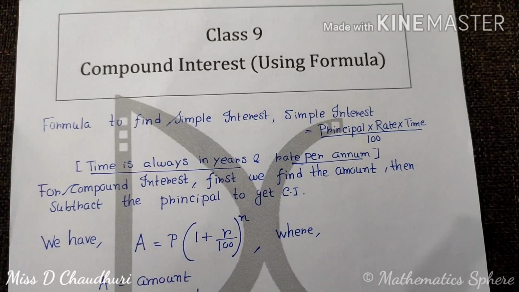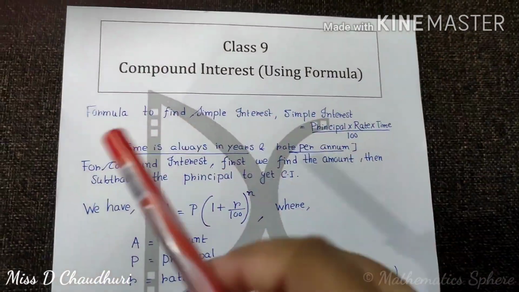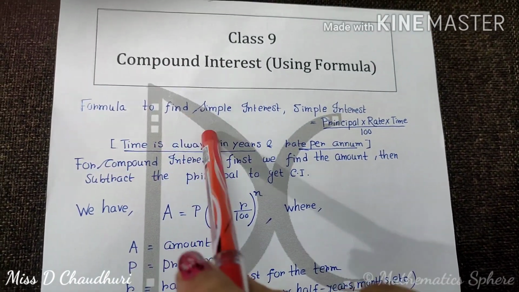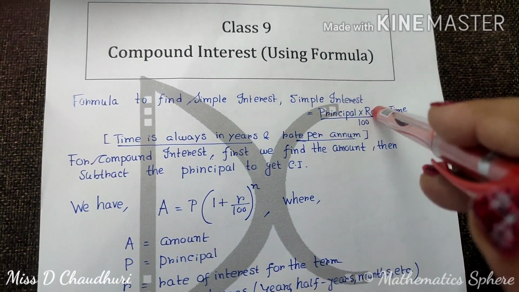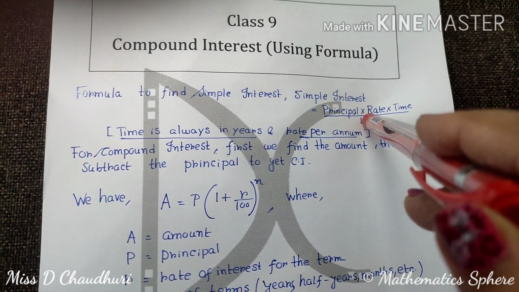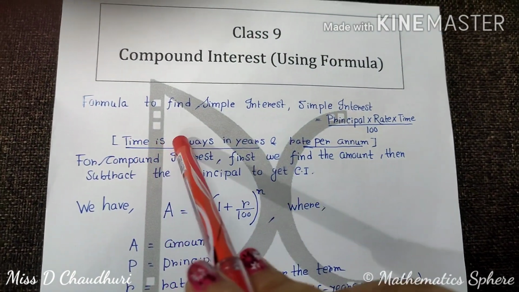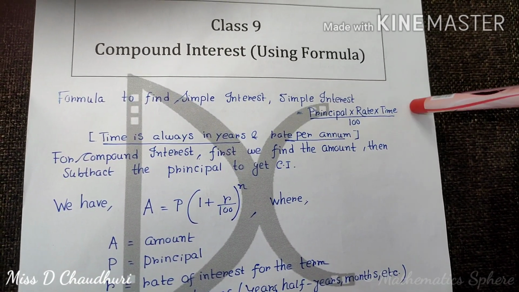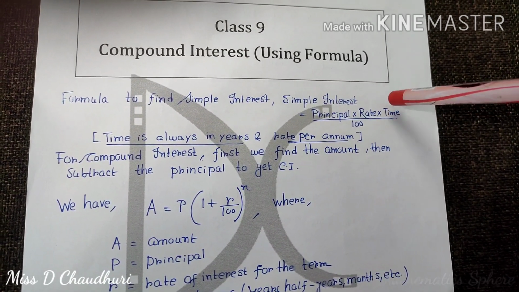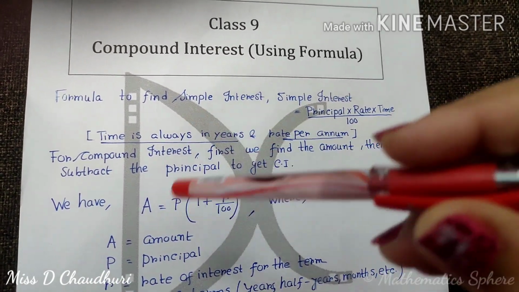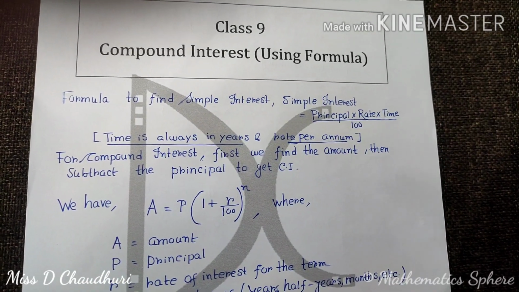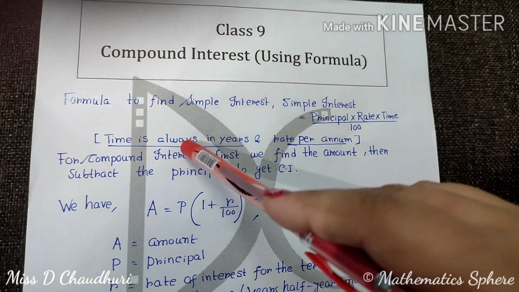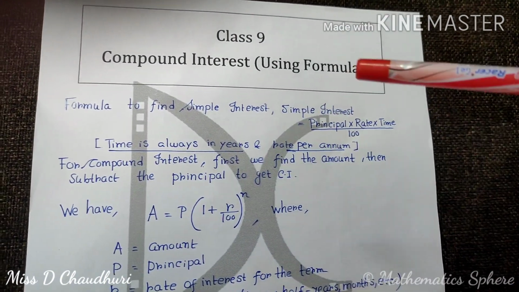See what they are saying, what is the formula. So, compound interest using formula. The formula we know already, that the formula for simple interest is simple interest equal to principal into rate into time divided by 100. This is just a recapitulation, where the time is always taken in years. Here the t is the time, which we always take in years. If it is given in months, then we divide by 12 to convert it into years. Okay, and the rate is always taken per annum, means per year only.